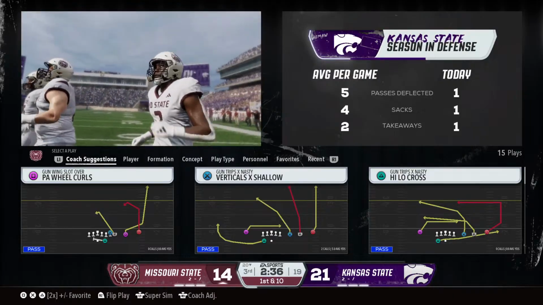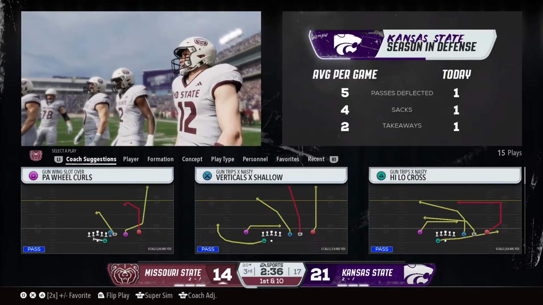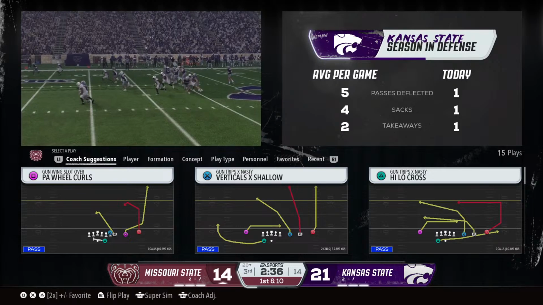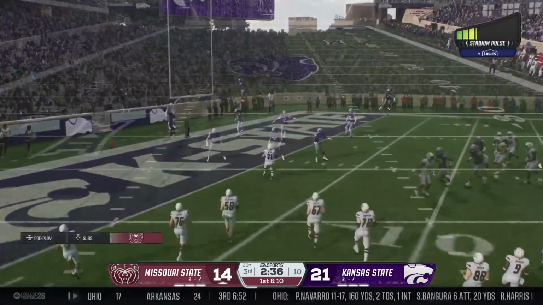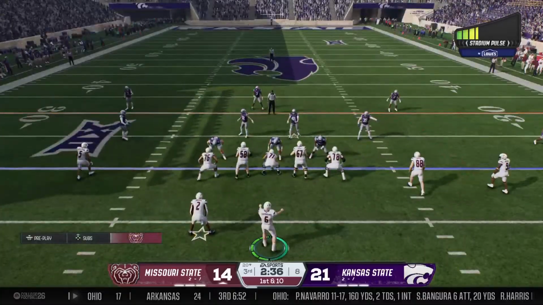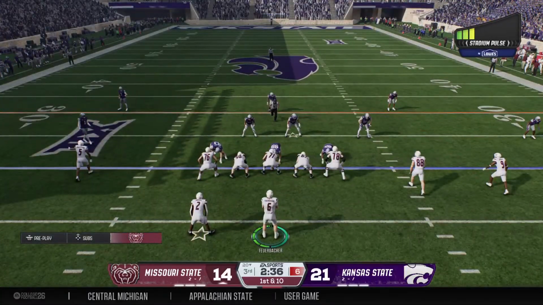So here comes the Bear offense. They took advantage of outstanding field position the last time they had it, and now they'll have a little more work to do to get on the board. A lot of field in front of them as they open this possession from their own 20.